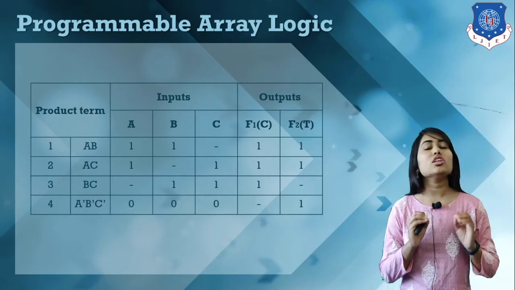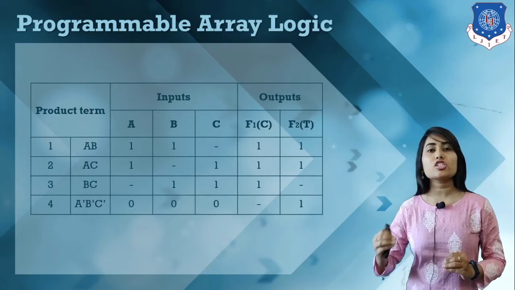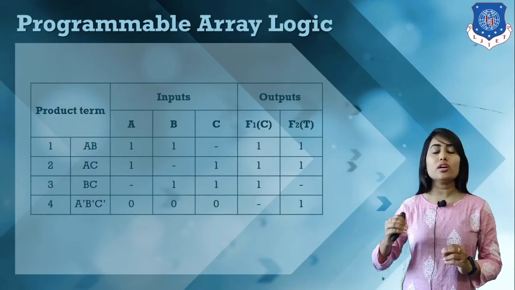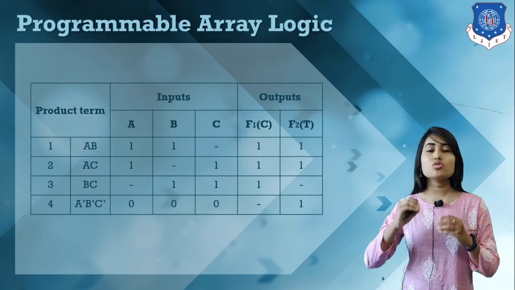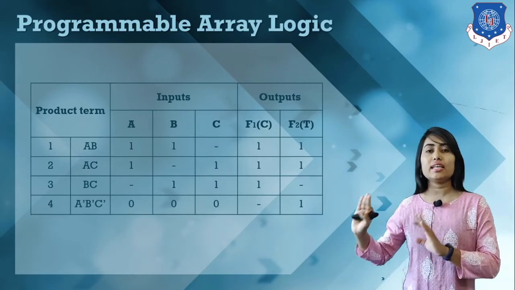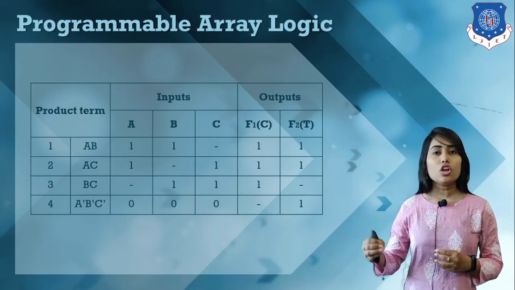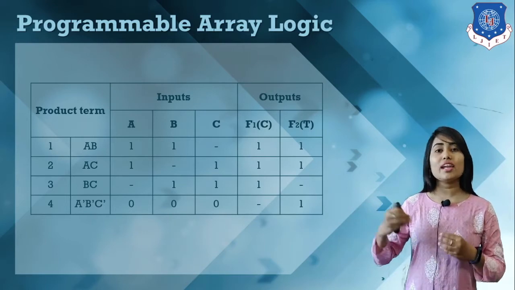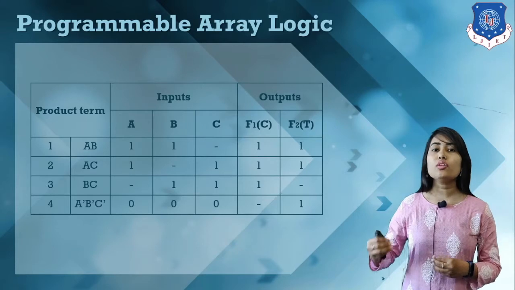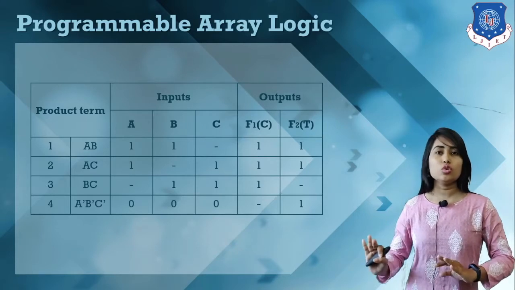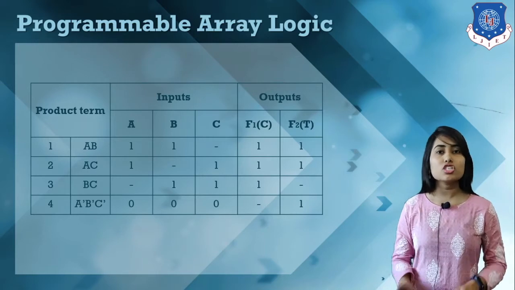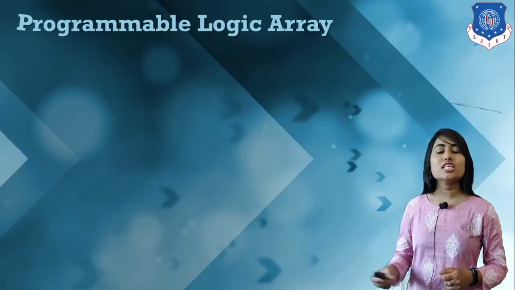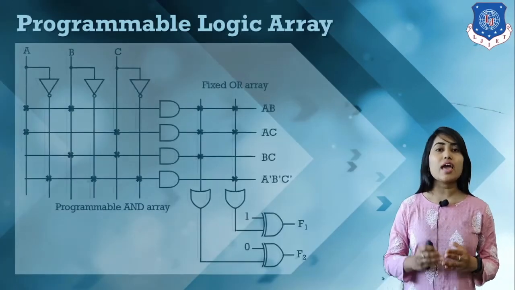So F1 dash is connected with the XOR gate with input 1, so here we implement F dash, and F dash of dash is basically F1. So here we have the logical function in a normal form, and F2 is given to the XOR with input 0, so there is no change. Using this kind of logic we can implement our logical functions. So here we have the logic diagram of F1 and F2.